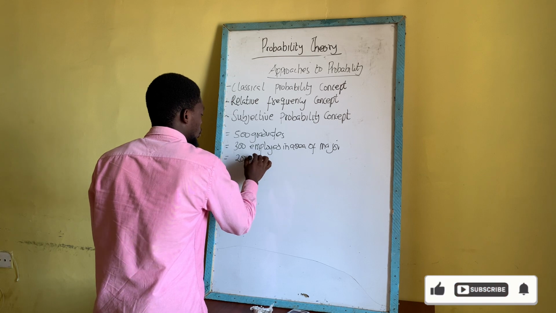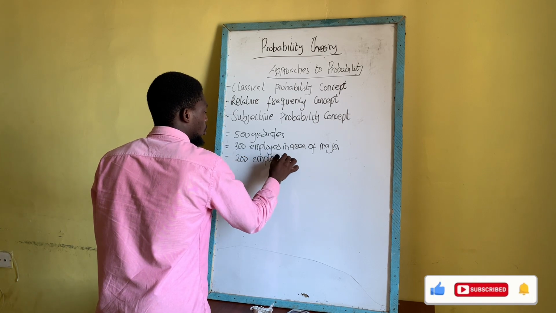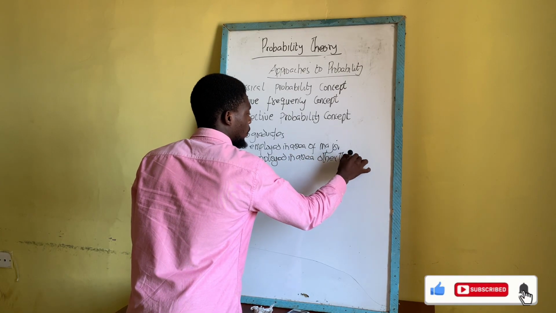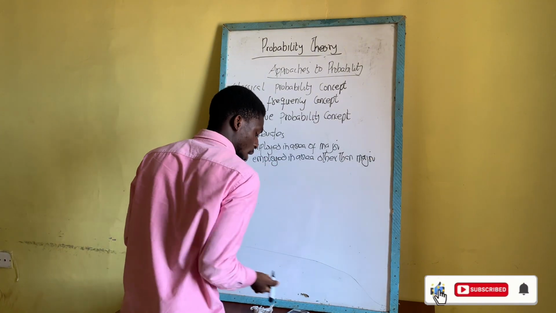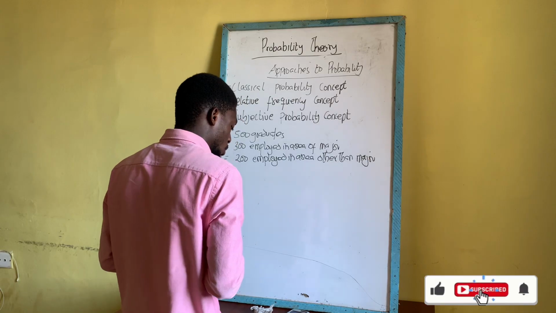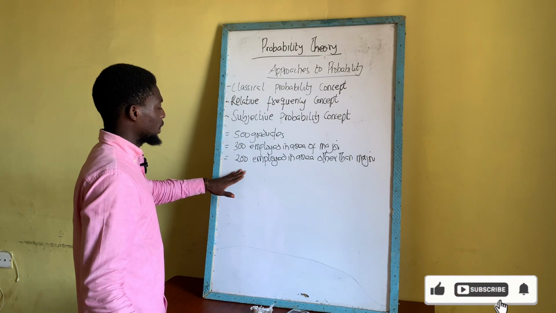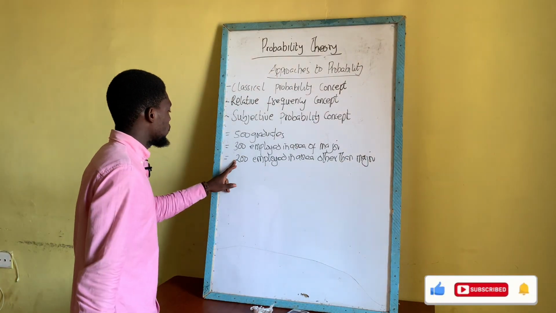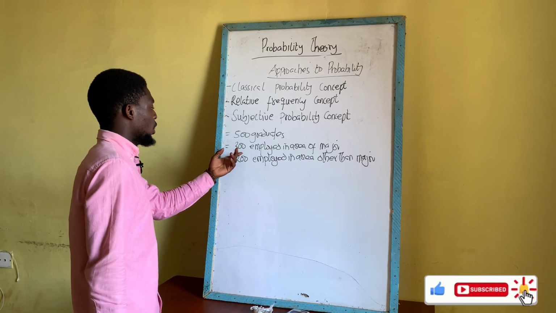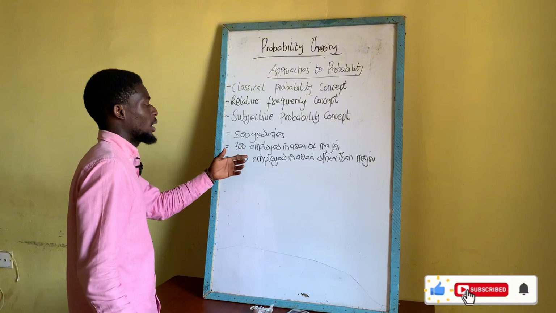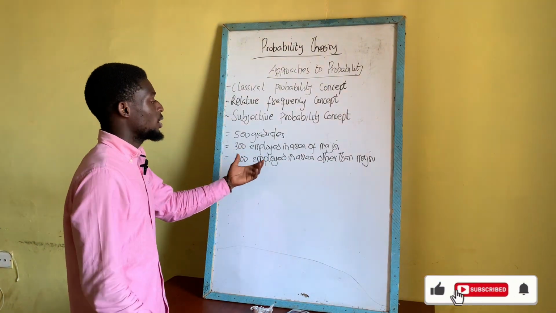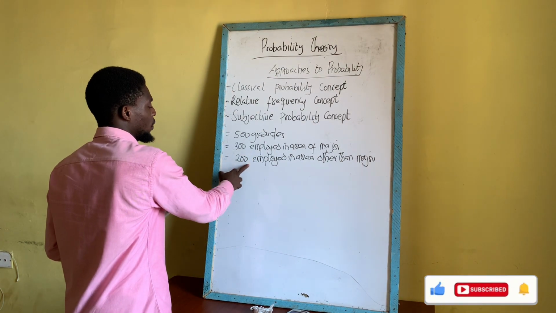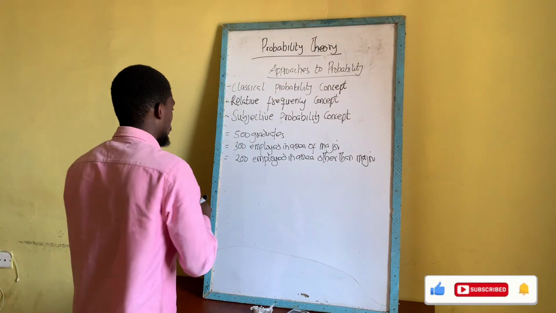So we have 200 employed in an area other than major. Now we have to find the probability that the graduates were employed in an area other than their major. Remember, we are not given this 200, but by subtracting the 300 from the 500, you can tell the number of graduates who were not employed in the area of their major. So if we are to find the probability that 200 were employed in an area other than their major, let's represent it by